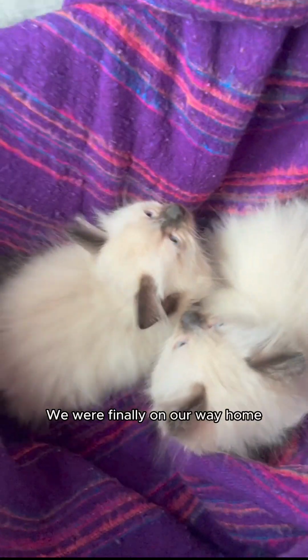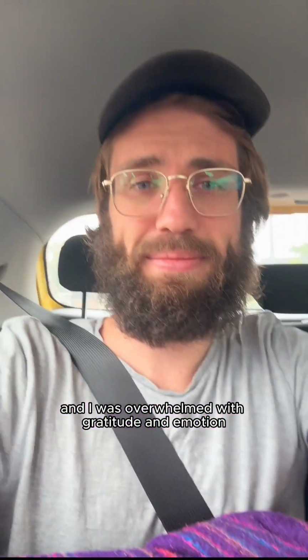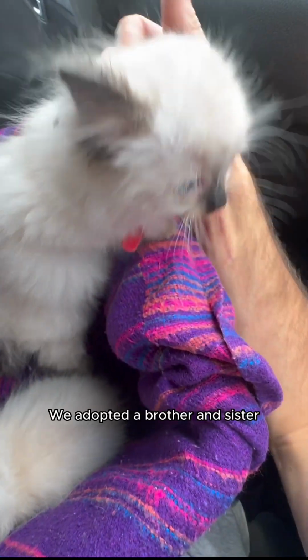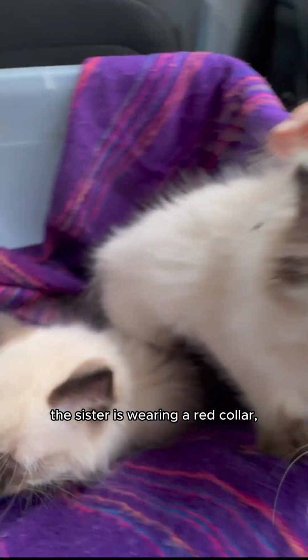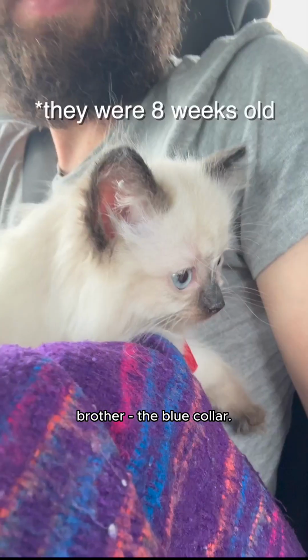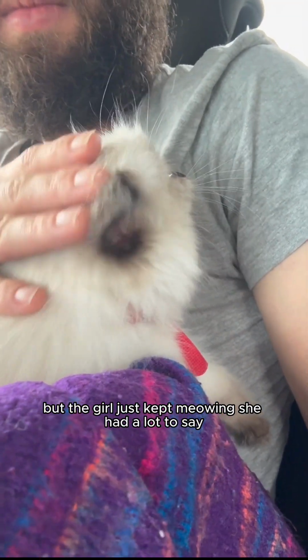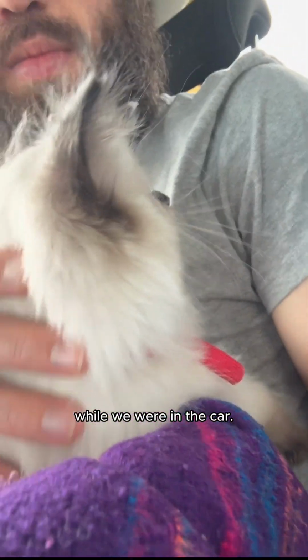We were finally on our way home and I was overwhelmed with gratitude and emotion. I couldn't believe we had cats. We adopted a brother and sister. The sister is wearing the red collar, brother the blue collar. At this point we didn't have names for them yet, but the girl just kept meowing. She had a lot to say while we're in the car. And the little dude, little bro, he